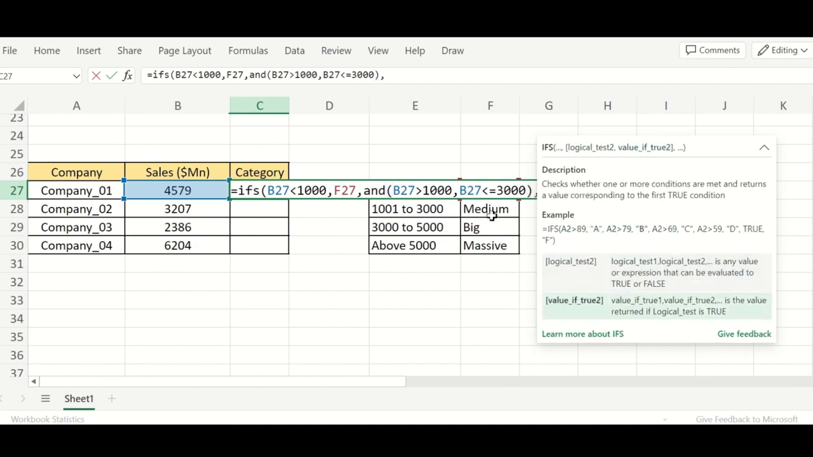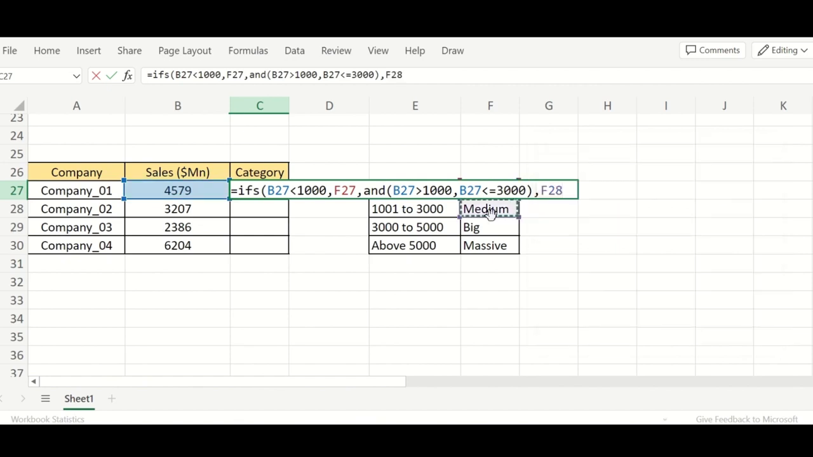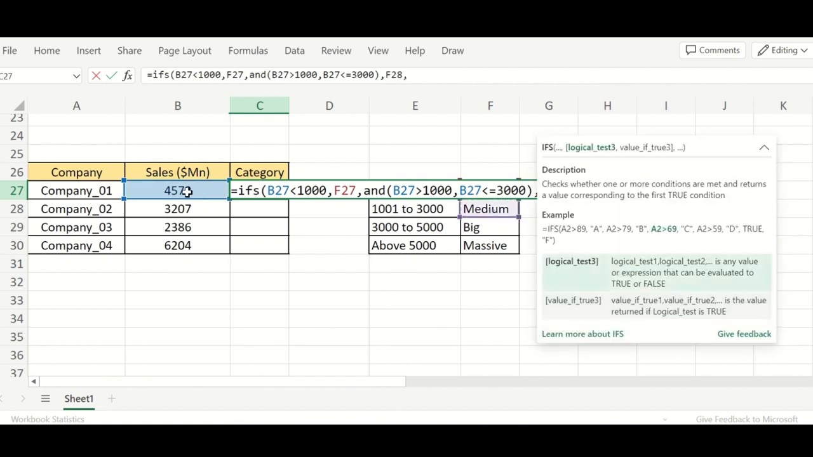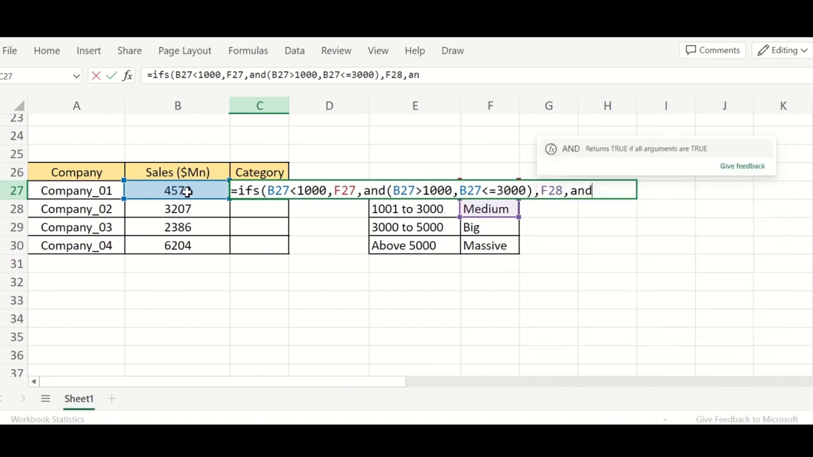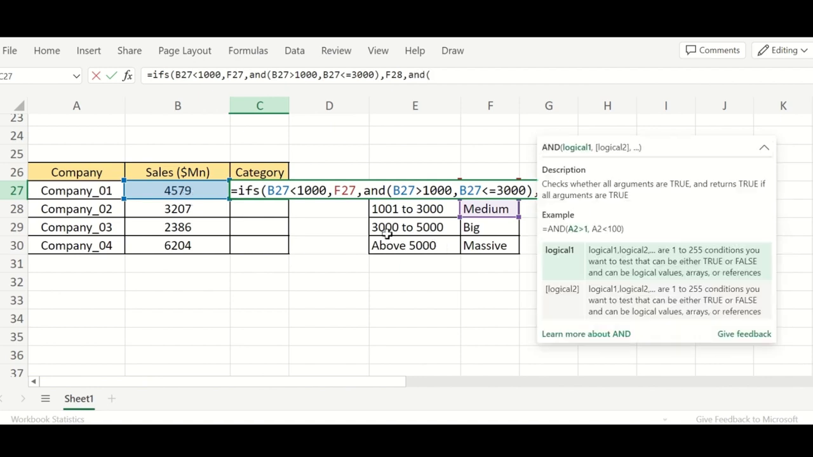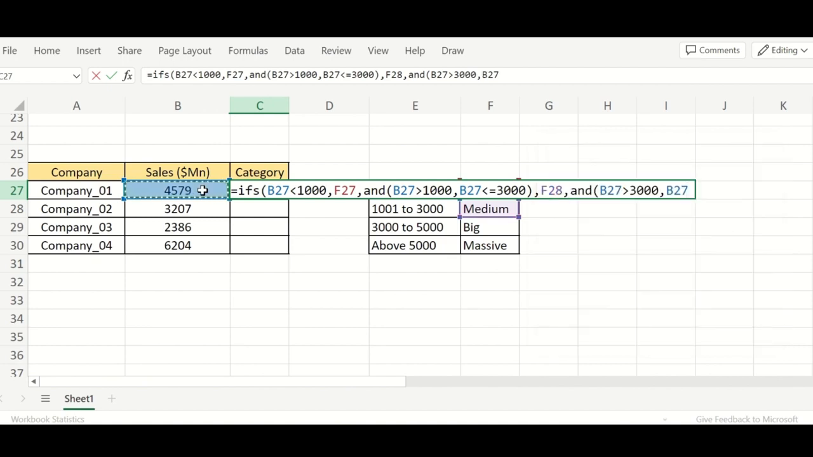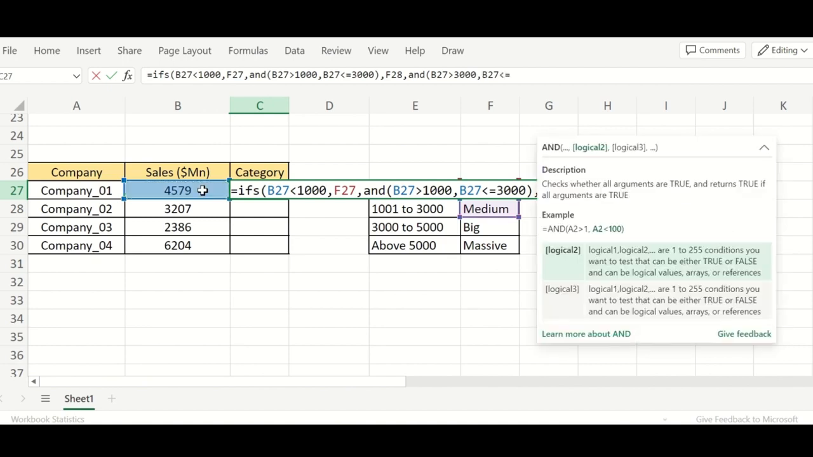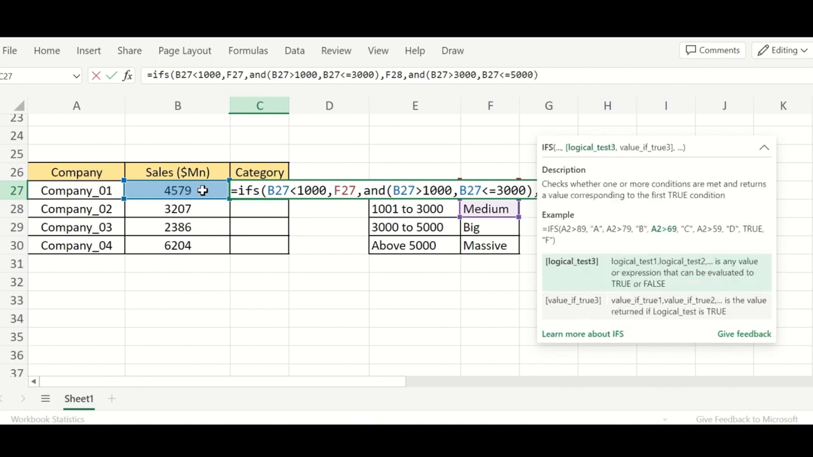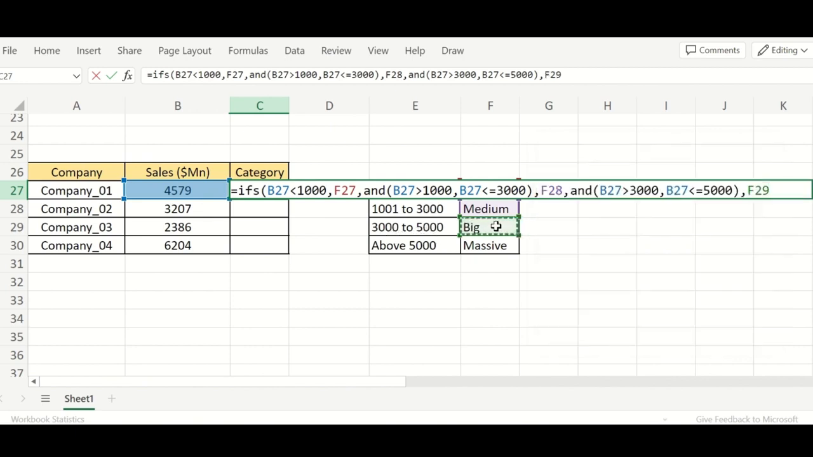So if this condition is true, then the second text will be returned. The third condition is another AND condition, required because there are two conditions. It should be greater than 3000 and less than or equal to 5000. This will be greater than 3000 and this will be less than or equal to 5000. So the bracket will be closed, and if this condition is true, this is the third condition, the corresponding text